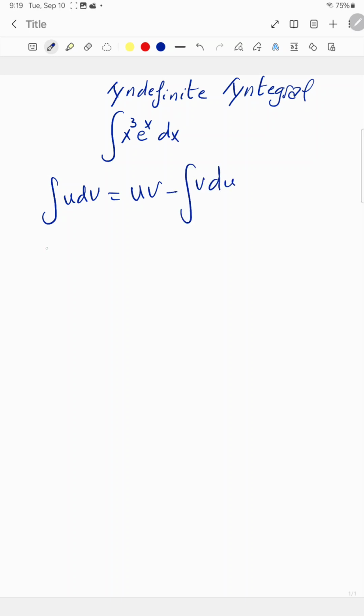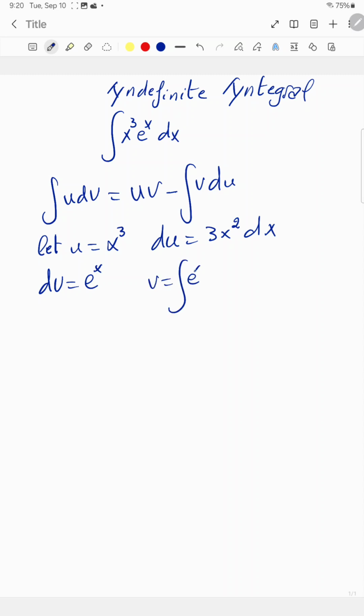In that case, I will say let u be equal to x to the power of 3, so my du is equal to 3x to the power of 2 dx, and my dv is equal to e to the power of x, so my v is equal to the integral of e to the power of x dx, which is equal to e to the power of x. So my v is equal to e to the power of x, and I apply the formula,